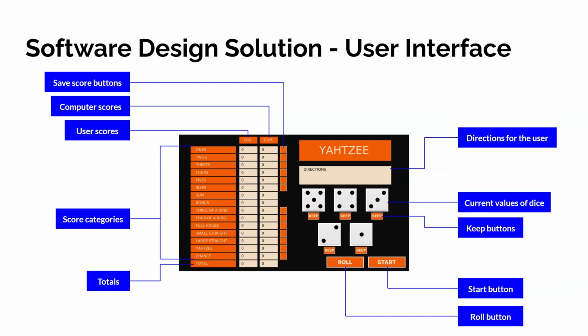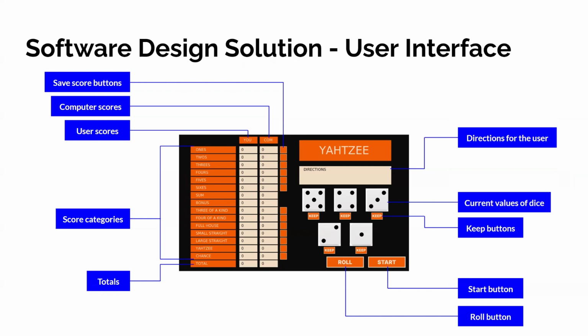This diagram shows how we decided to lay out our user interface. Starting from the upper left, we have 2 columns, each of which display the user scores and the computer scores. They are organized by categories on the far left of the screen. Next to these columns, we have buttons that the user can press to determine which category they would like to save their score in. On the upper right side, there is a text box that will tell the user the current instructions, such